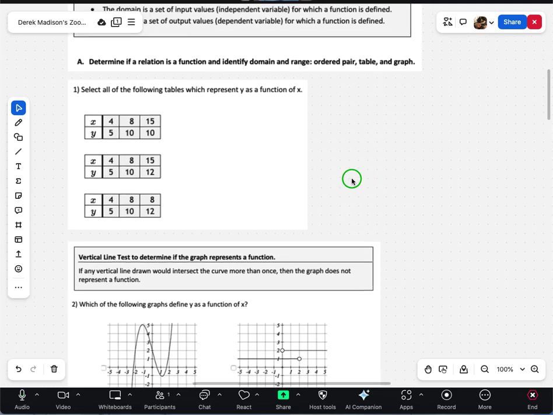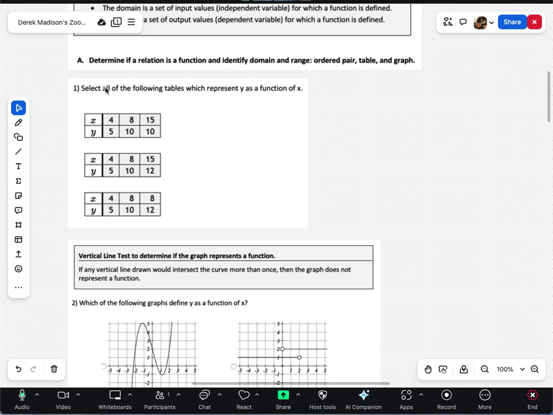and range. So for this first question, we're asked to select all the following tables that represent y as a function of x. So what that means is, again, for each x there can only be one y value associated with that. So if I look at this first table,